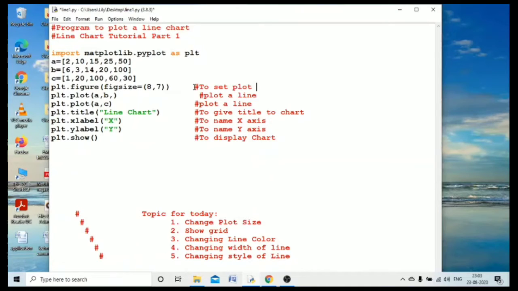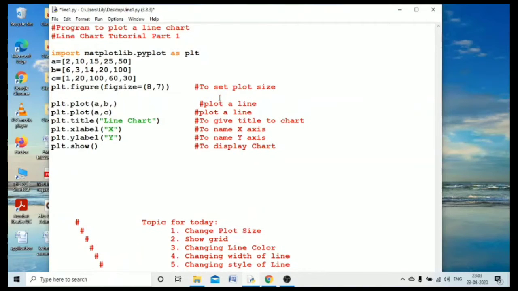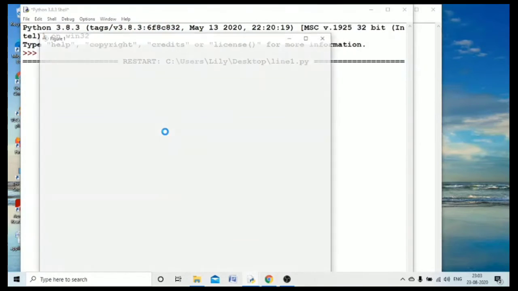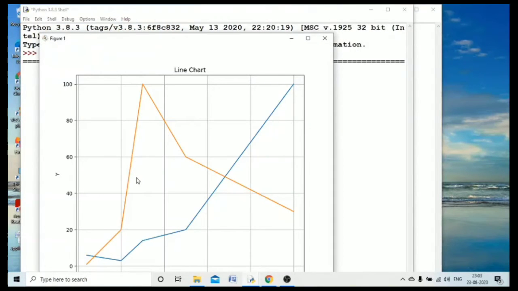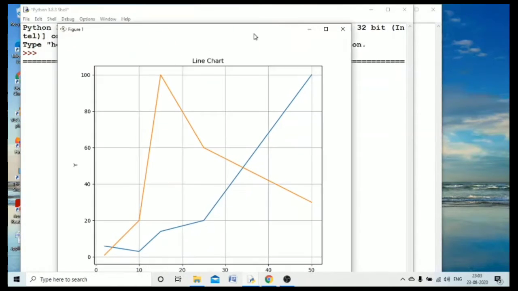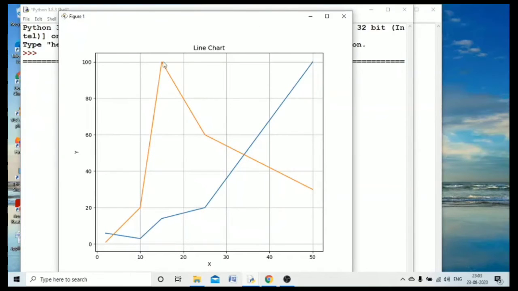If you have seen a graph paper which we use to plot, similarly a graph will look after we set the grid to true. So let's execute our program now and see how it shows. See, you can see all the grid lines over here. This is just like a graph paper how we used to plot it in our childhood, so it is similar to that of a graph paper.